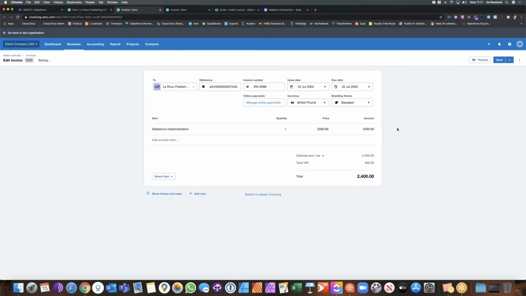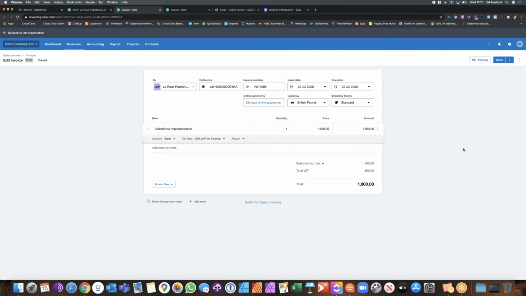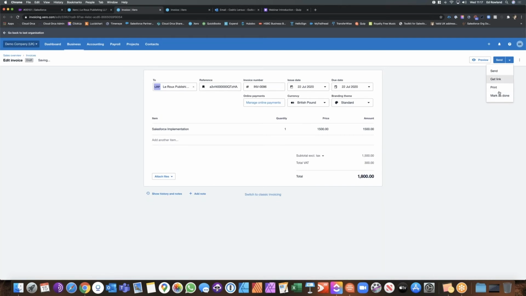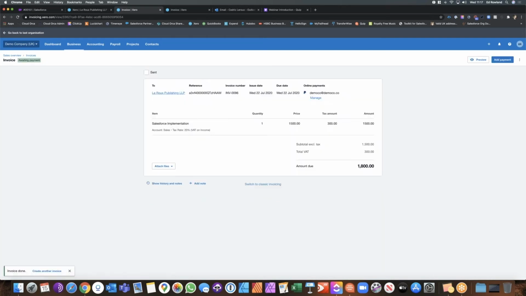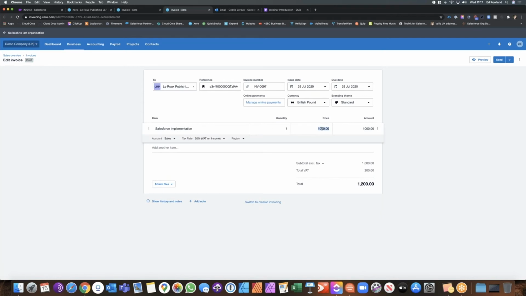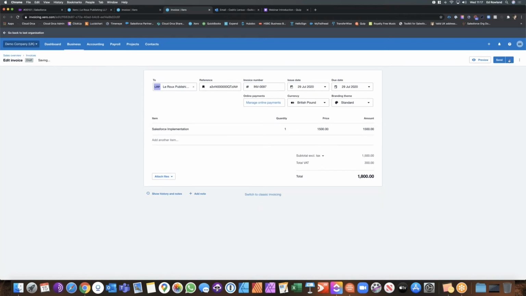Now, if you've got two systems that are out of sync, what you might get is your finance person goes in and edits them, and it doesn't quite marry up with what your CRM is saying from a sales perspective. So all we're going to do is edit the invoices, and we're just going to go in and mark them both as 1,500. Okay, and I'm going to do this one as well, and mark this one as 1,500,